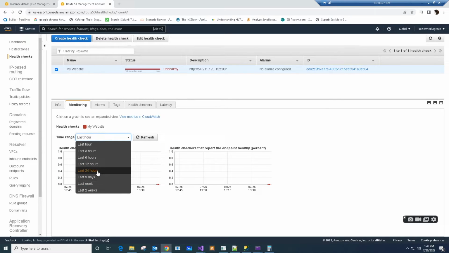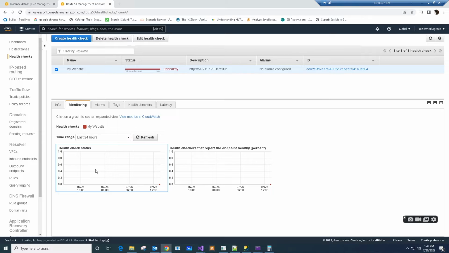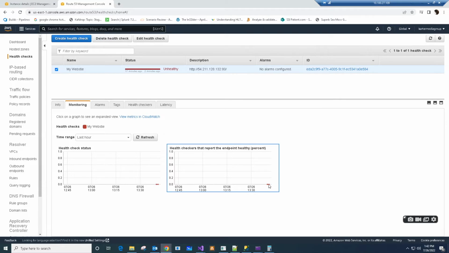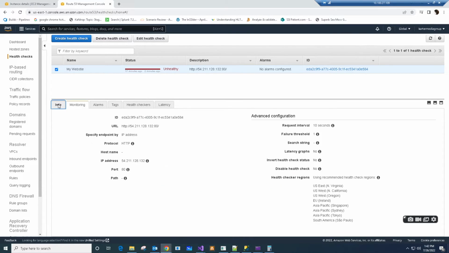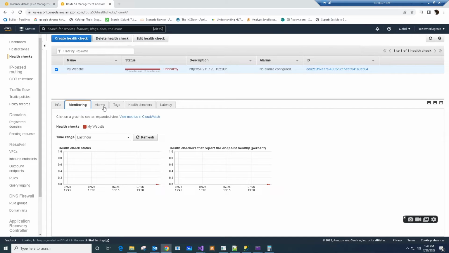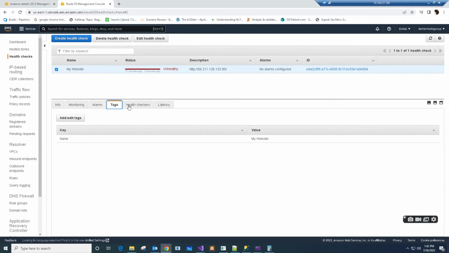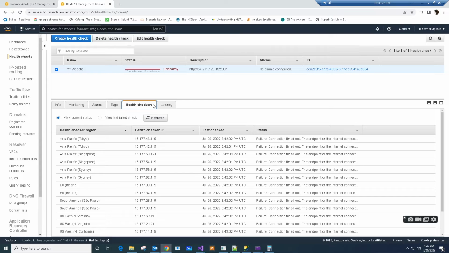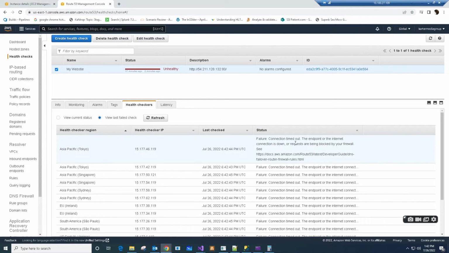Let's take this over to 24 hours. It's not really giving us any details. It is telling us the health check is, let's see,